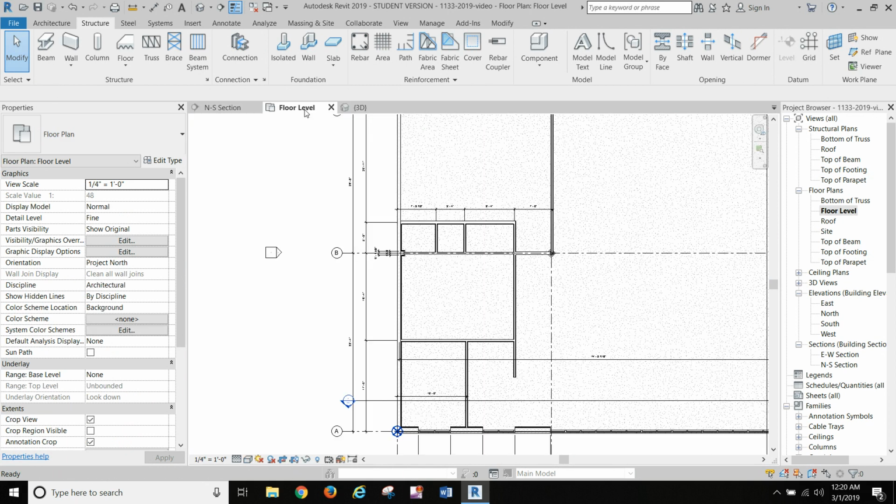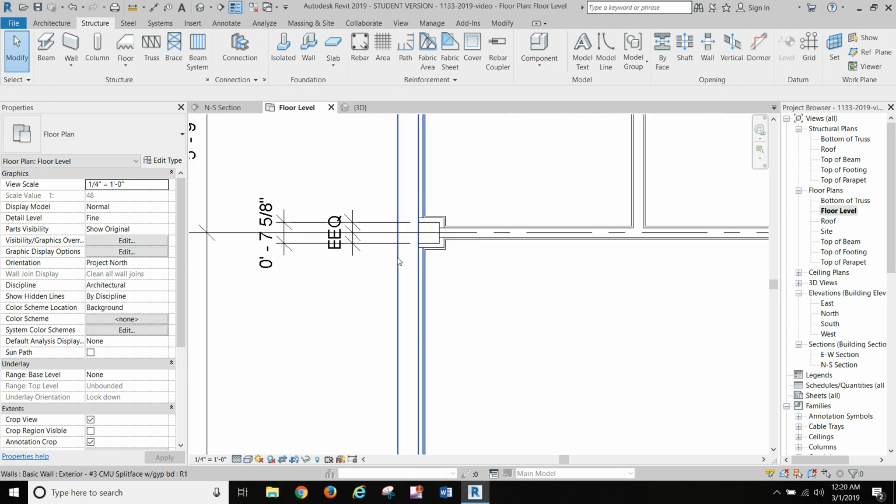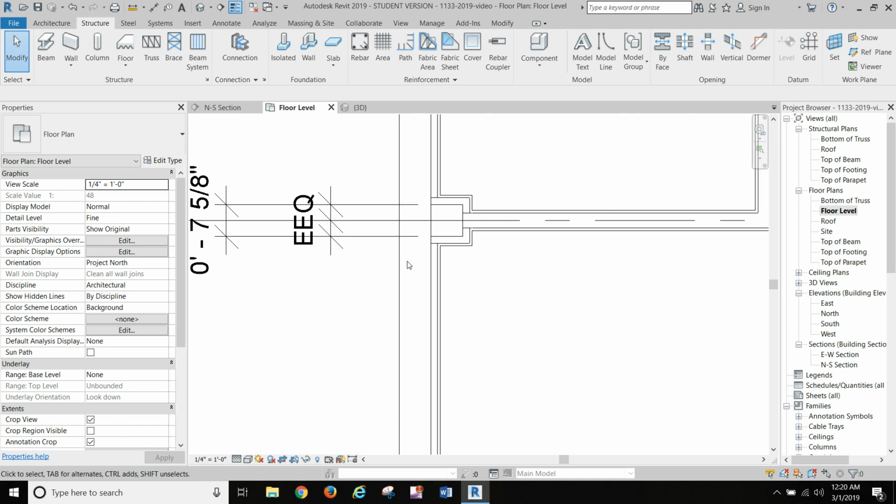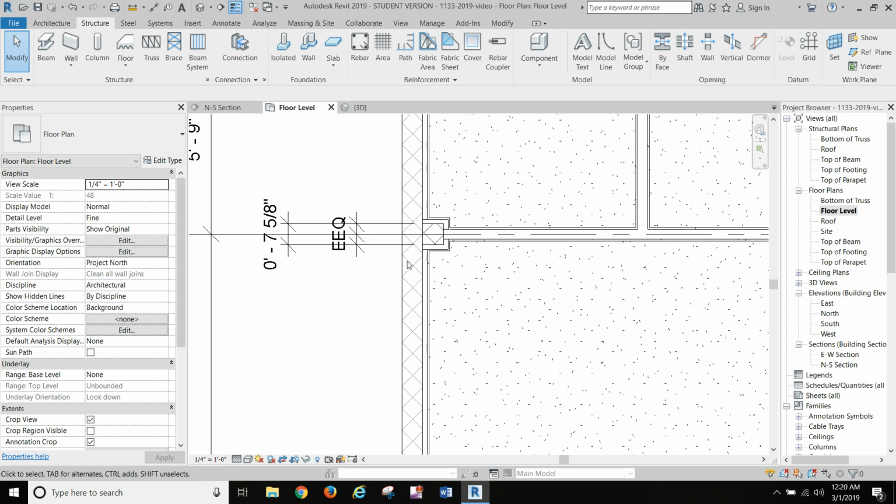So I go back to my floor plan. And here's the look. In the walls, I added the hatch pattern to this split face CMU material so that the hatch pattern would be the same as my regular block. Okay,